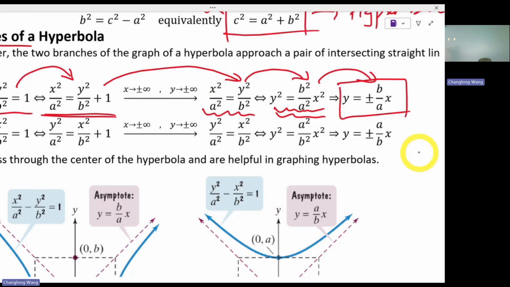And let me remind you that A doesn't have to be greater than B, or the other way around, but A and B are designed to be positive real numbers, just like the ellipse. It means the ratio of B to A is a positive number. With the plus, you have a positive slope for one of the slant asymptotes, and the negative sign goes with the negative slope of the other asymptote. And take a look at what the two asymptotes look like